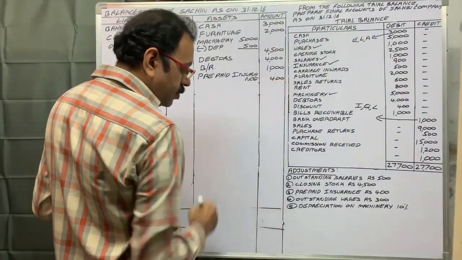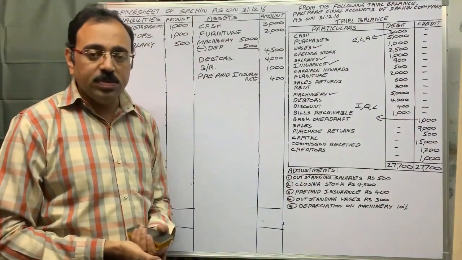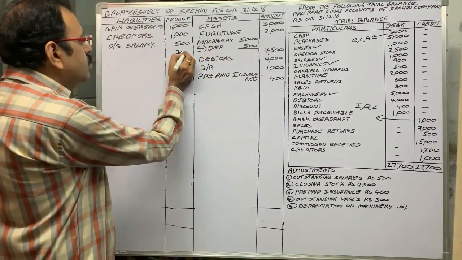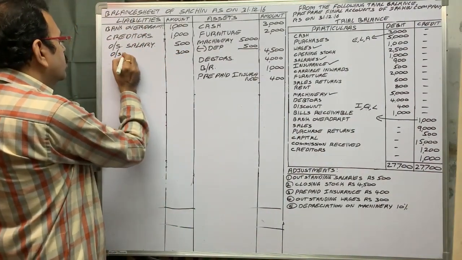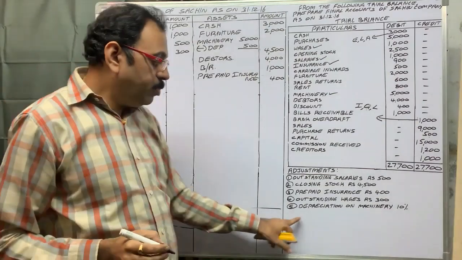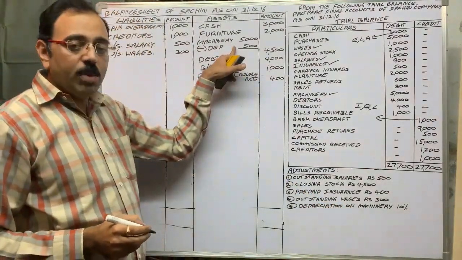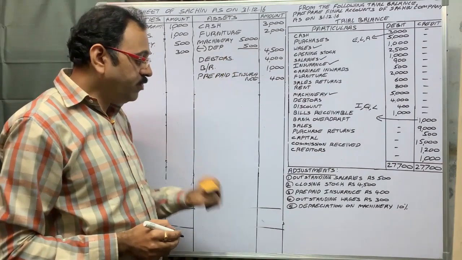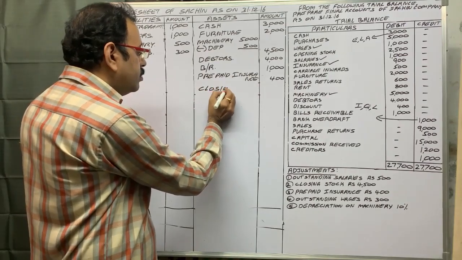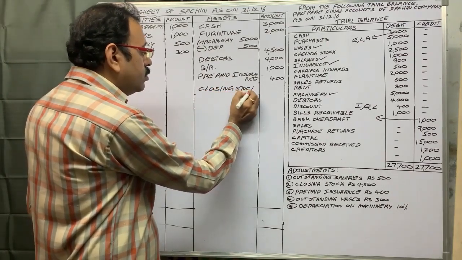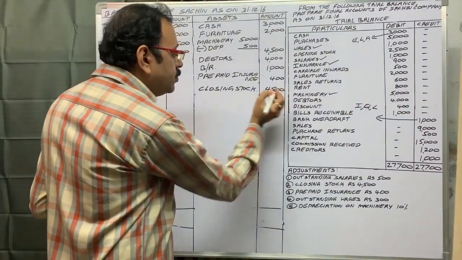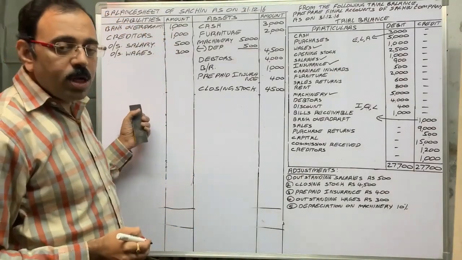₹400. Outstanding wages. We have to pay wage. Liability, no? Depreciation on machinery. We have completed that. Now asset side, what is left? Closing stock. Write down at the end. ₹4,500. Now liability side,